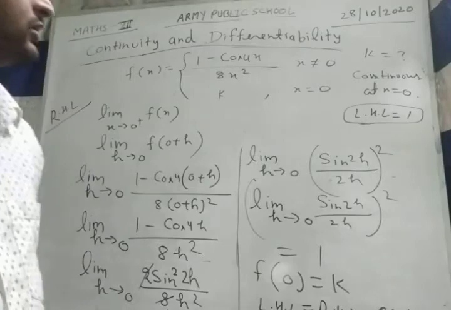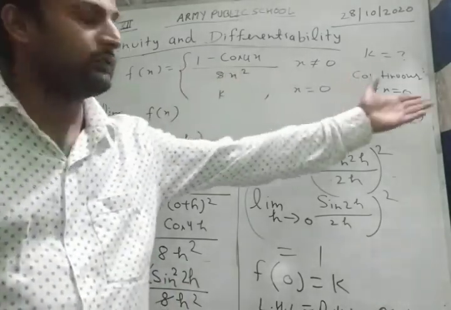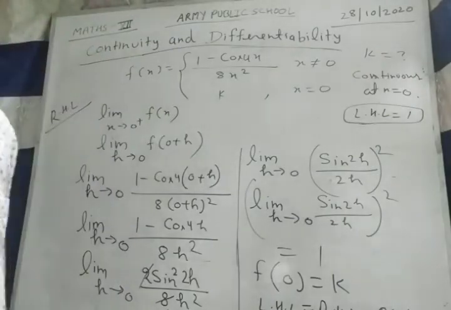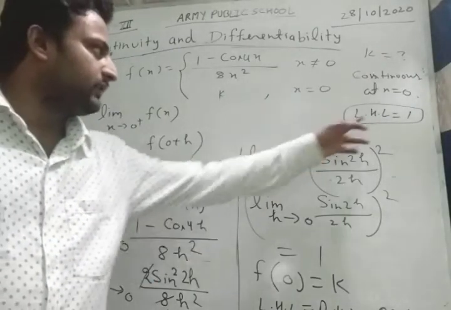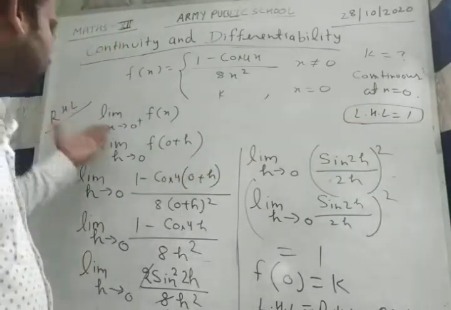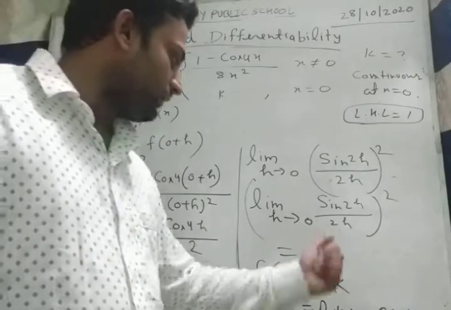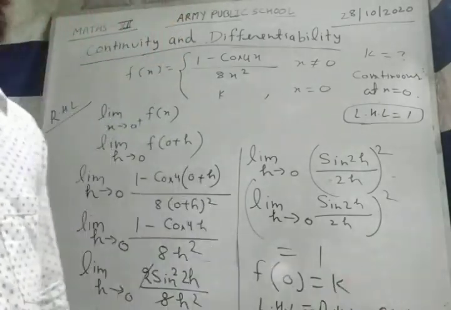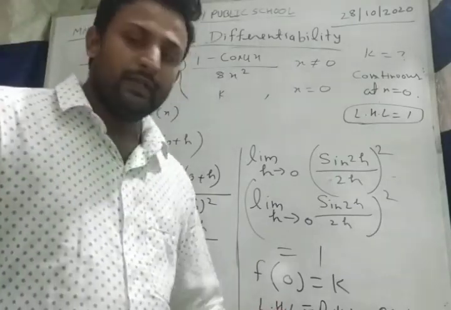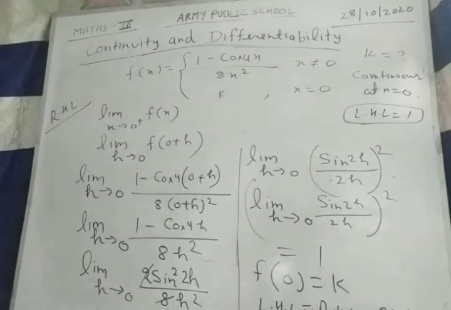So in this question it is given that the function is continuous at x equal to 0, then find the value of k. We first find the left hand limit, which is 1. Again we find the right hand limit, which is also equal to 1, and the value of the function is equal to k. So k will be 1. Now we will see the next question. Our next question is